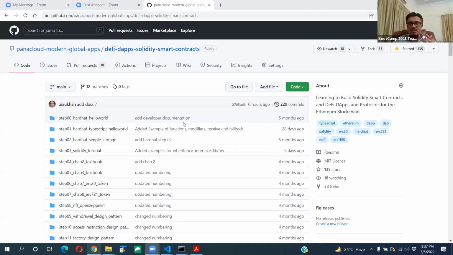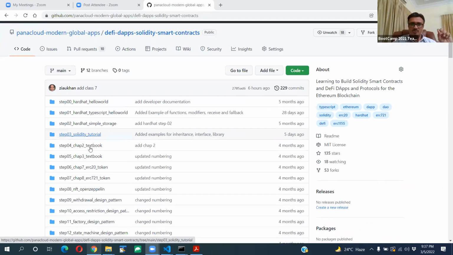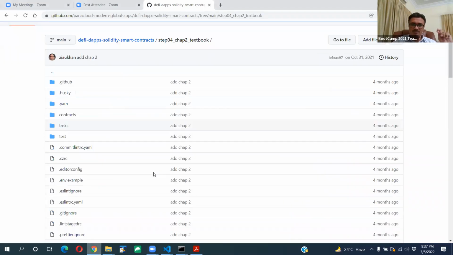Okay, so last week we completed our step 03, in which we completed the Solidity tutorial from the article we discussed. So in the last class we were covering all the inheritance and the object oriented part of the Solidity language. Today we are going to cover step 04, and for step 04 we are following a book